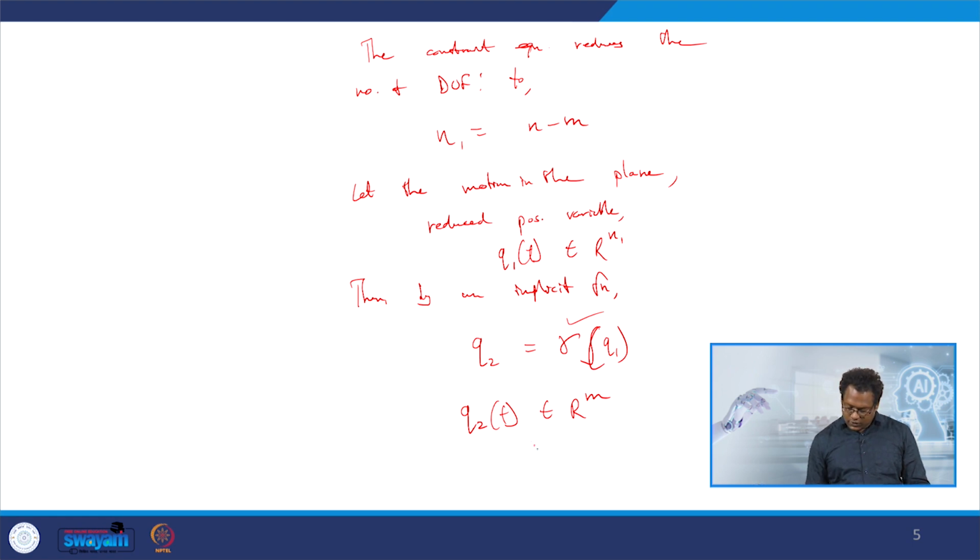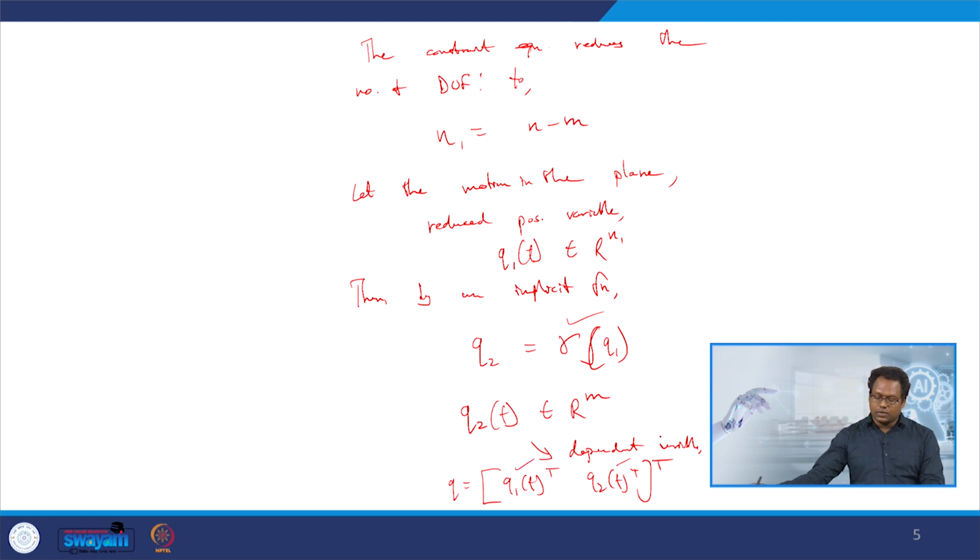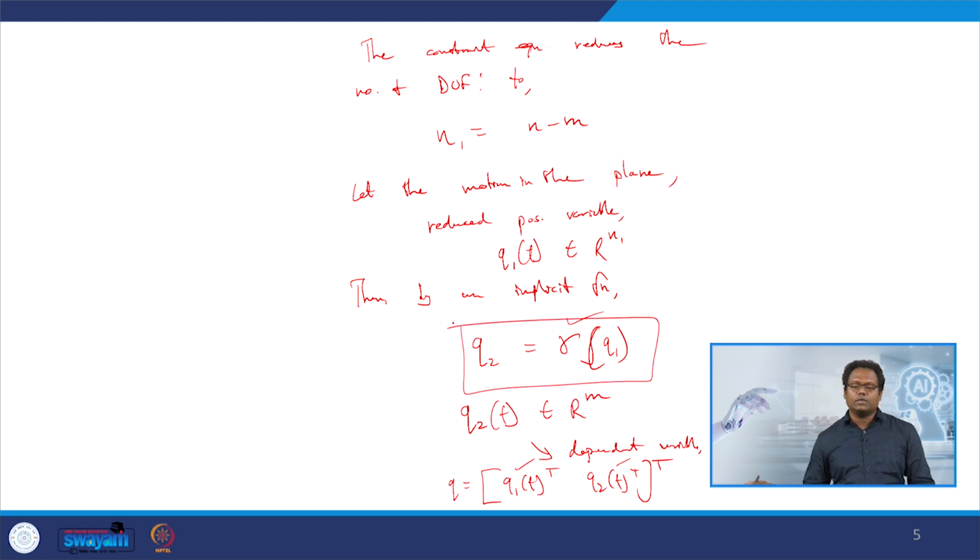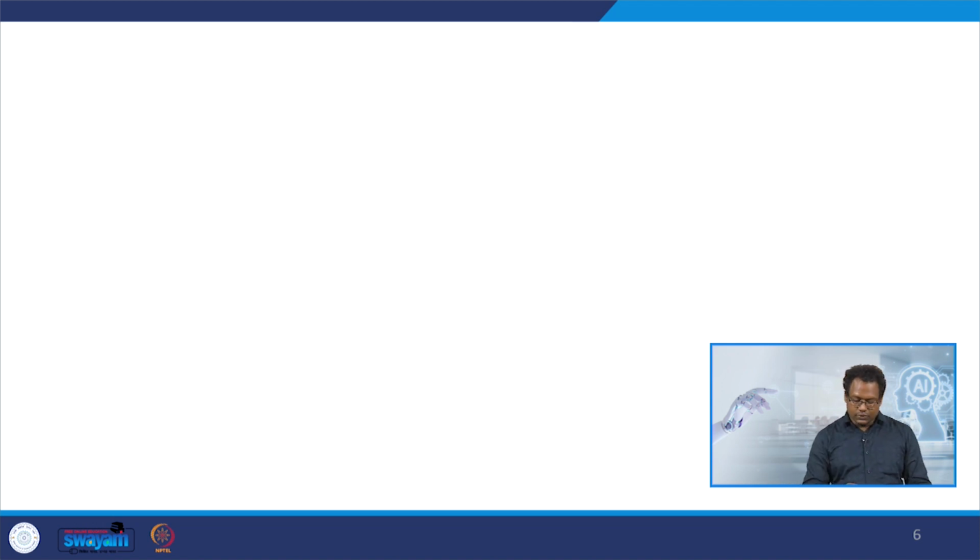Okay. So, here q2 is the dependent variable. One must note that now the joint variable is given by q1 of t transpose, q2 of t transpose, whole transpose. Okay. Now, we know where is q2 and where is q1. q2 is dependent on q1. That q2 and q1 relationship is given by the implicit function gamma. Okay. So, now let us see that the robot